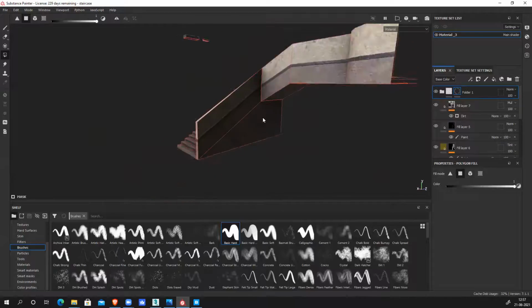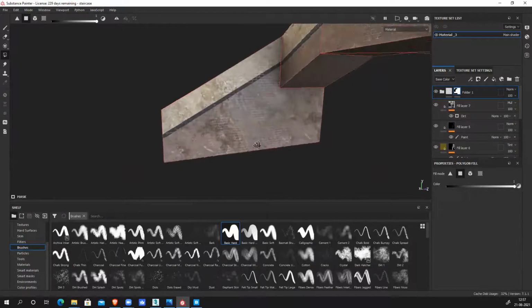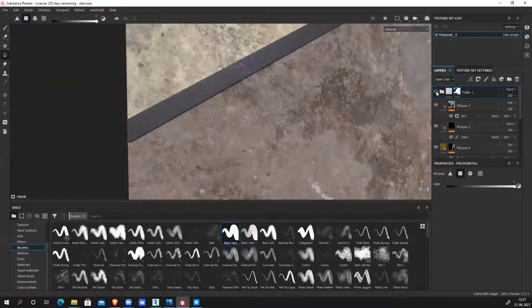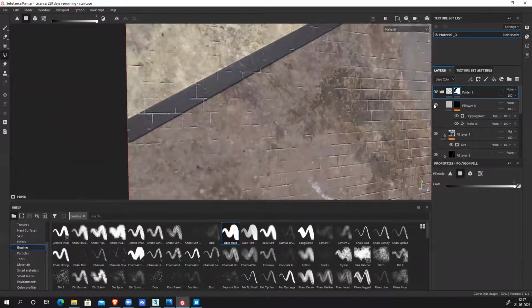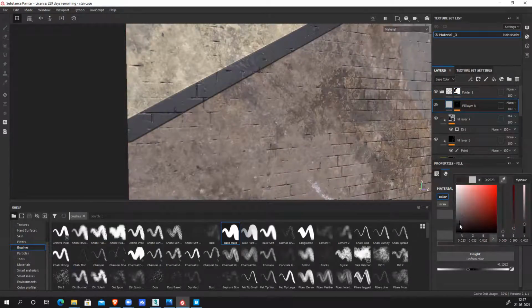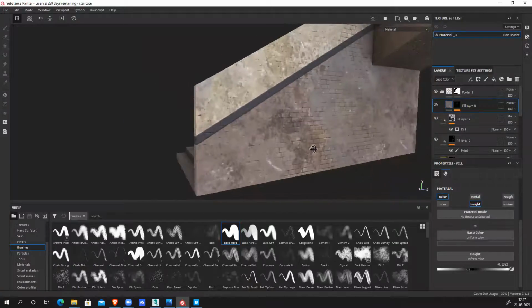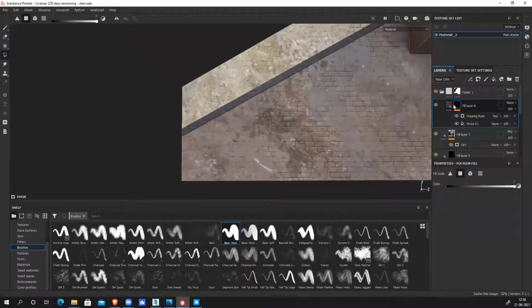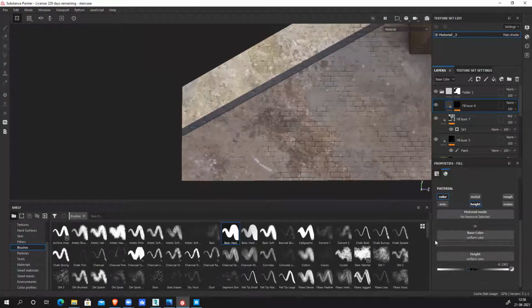So it gives me nice dynamic texture where I have a lot of details. And this base, you can see it's light in color. If I want, I can make it dark in color or pick some color from this thing. Slightly darker than this to make this nice variation. We have a height already here.